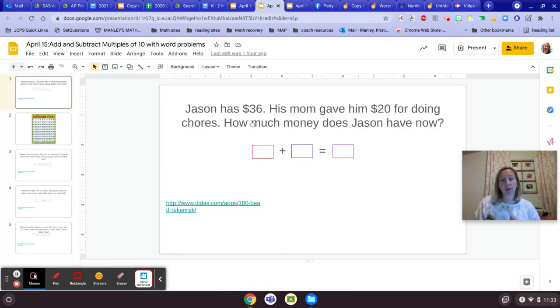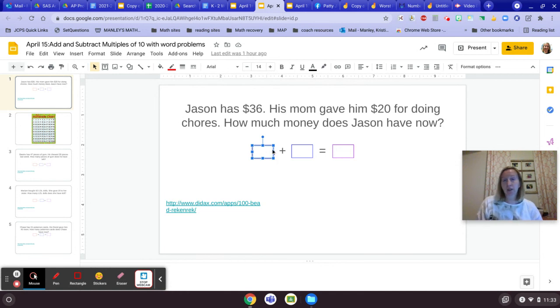So when you come back to your assignment, you click on the text box, and that will allow you to type inside. And so here would be your 36. On the next box is where you type your 20. And then in your last box is where you would type your 56. Okay, and so you have 3 problems to work through. And again, you have access to the Rekenrek to help you solve. And we will do another one the next